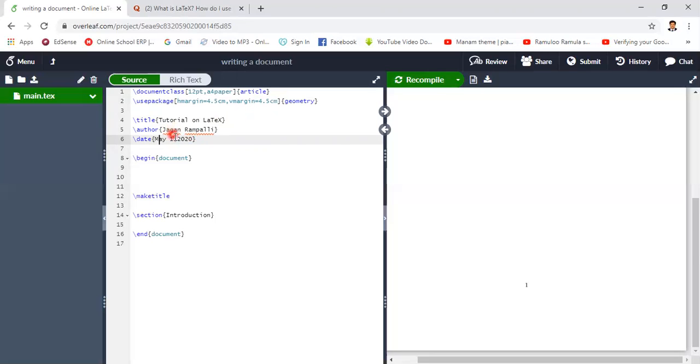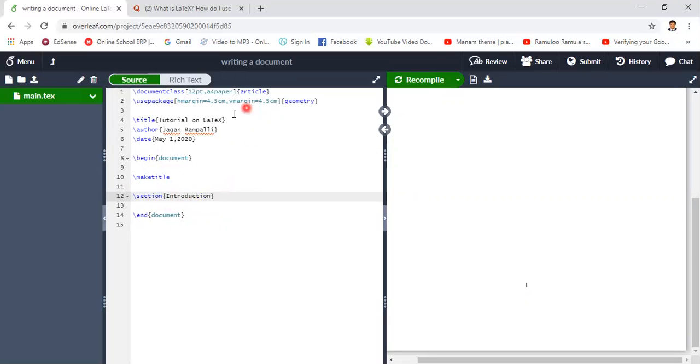So this is over. Now to write a document we should have the starting and ending of the document. The command for starting is backslash begin document, and the end is end document. Between these two lines you have to write the entire thesis or entire paper. Here I am taking backslash make title. Title means chapter names, introduction, subsections, and all that. So here I'm giving introduction and any document.